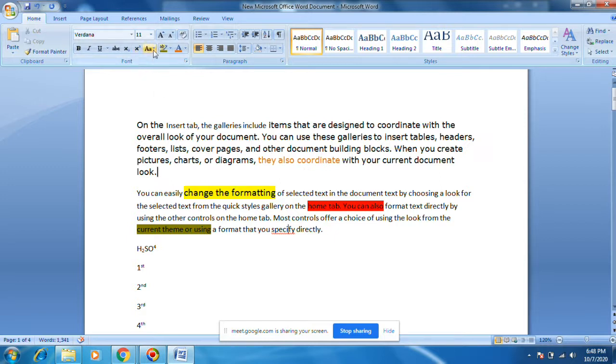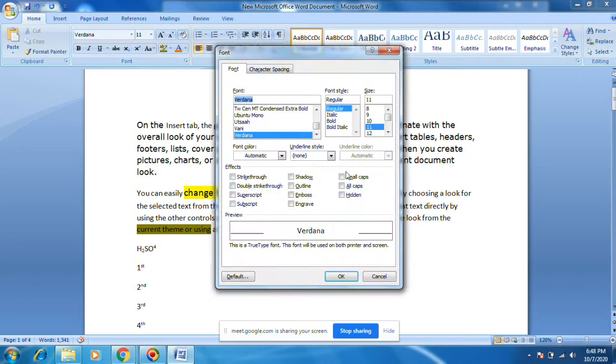Next thing, this is done. I think this font session is done. Next thing is paragraph. This is the full font session. Double strikethrough, superscript, subscript, outline, small caps.